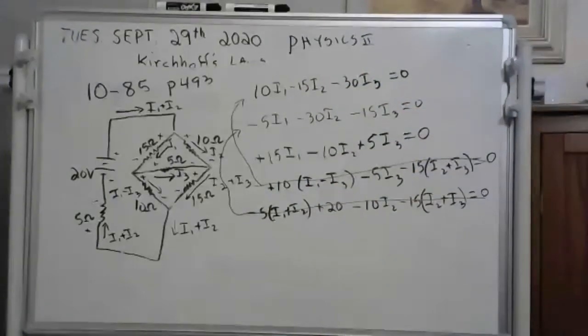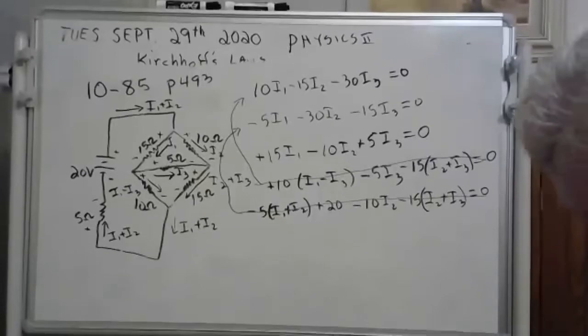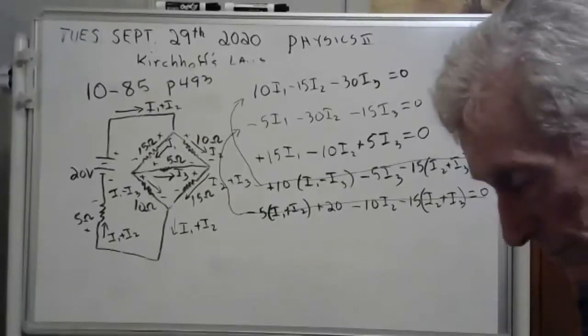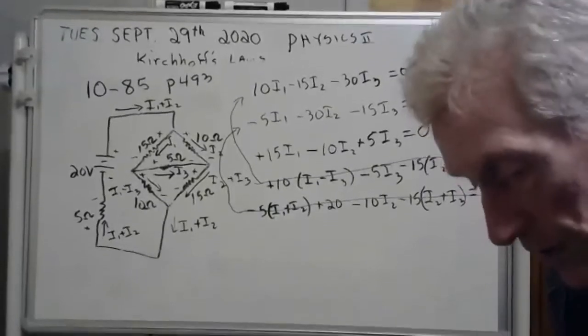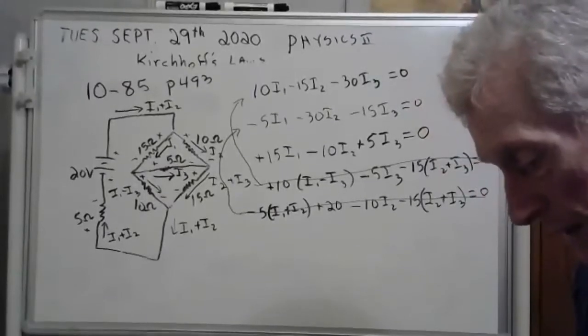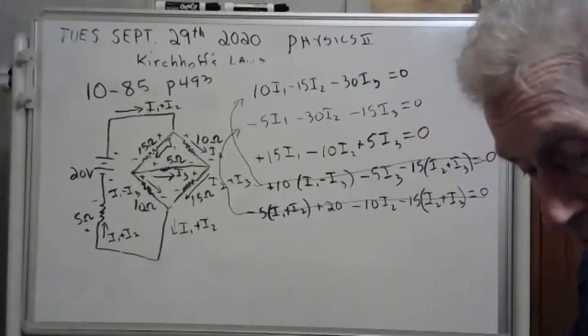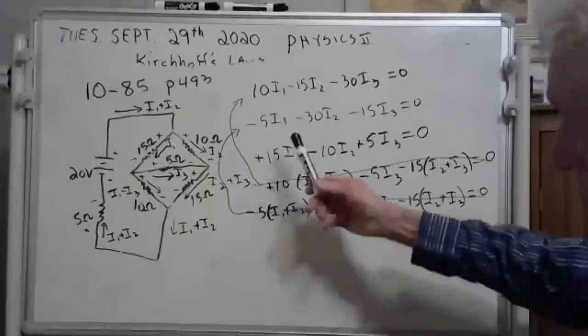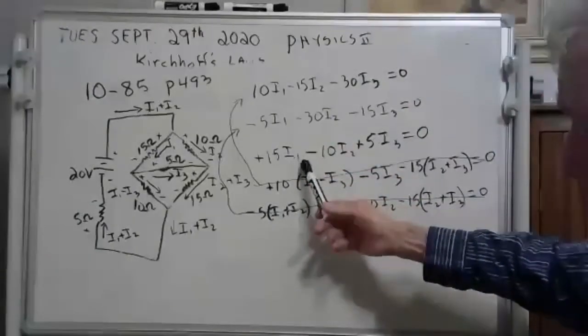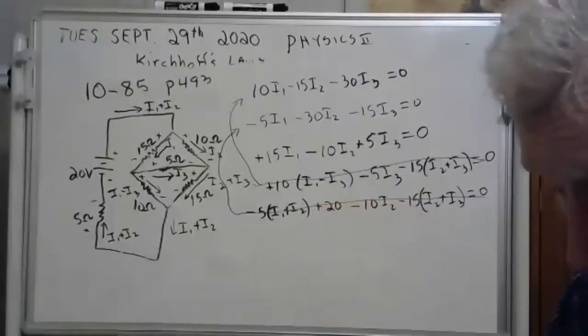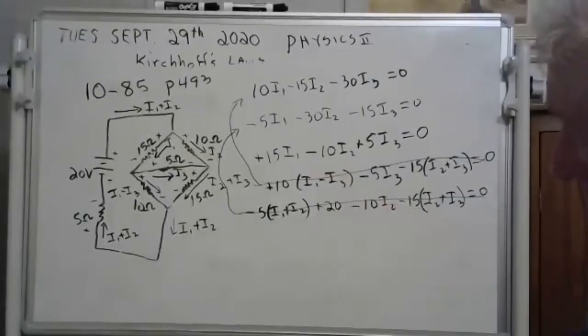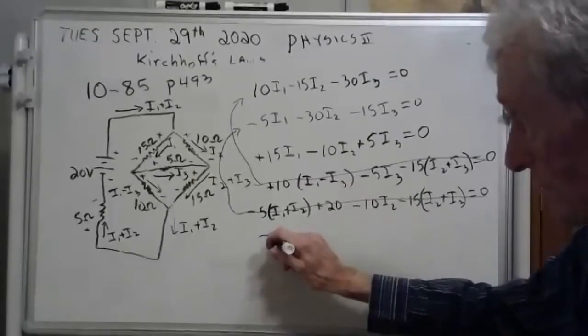Now here's where I'm going to have to go downstairs and get my calculator that does these. I've got a calculator, and I bet you do too, that can solve three simultaneous linear equations. Get yours out, solve that. I've got to go downstairs and get my